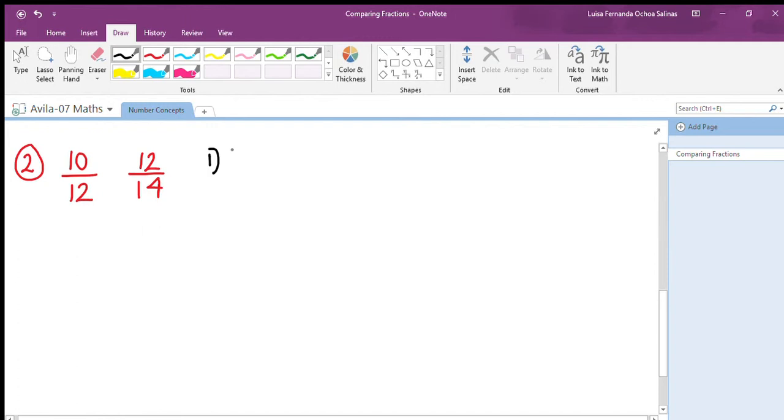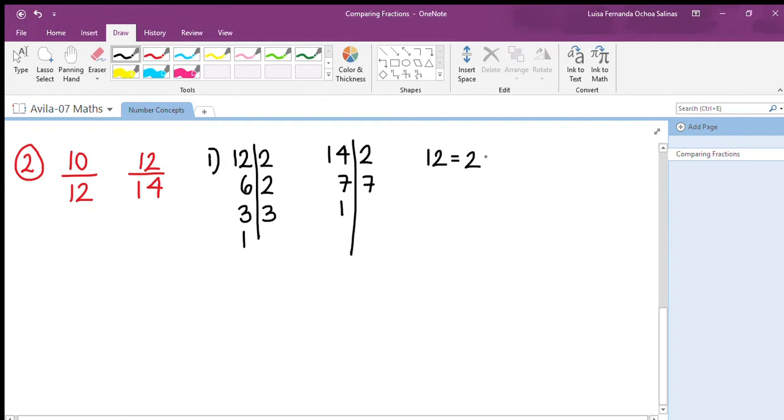So let's look at here. If I do 12 and I find its factors, it's going to be divided by 2, going to be 6, divided by 2, 3, divided by 3, 1, perfect. And then for 14, divided by 2, 7, divided by 7, 1, perfect. Then 12 equals 2 times 2 times 3, 14 is equal to 2